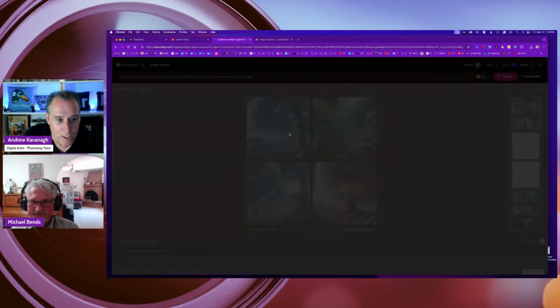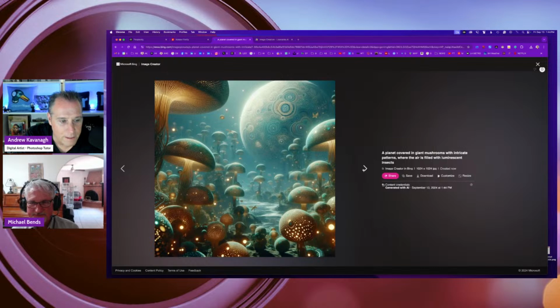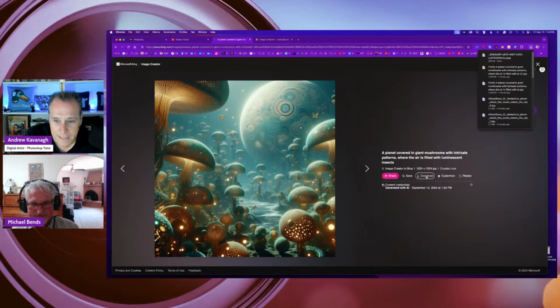Pretty good. So when you click on these, okay, now it's just teasing me. I thought it was going to blank out on me. So these are pretty good. This is similar to Firefly, some of the textures, but maybe a slightly better sense of depth of field, and more detail. And I can just cycle through. These are pretty cool. And I can download any one I like.